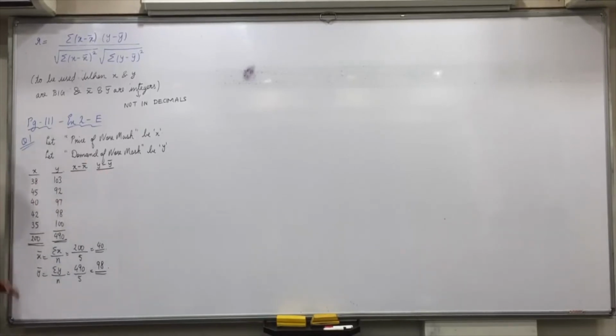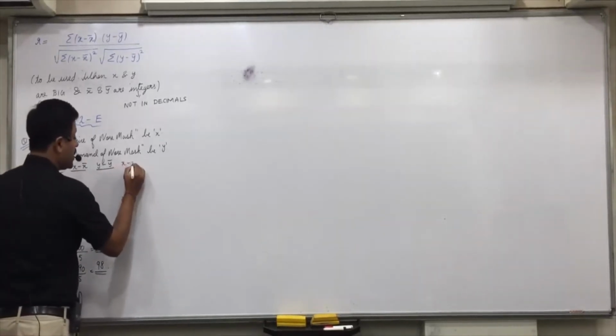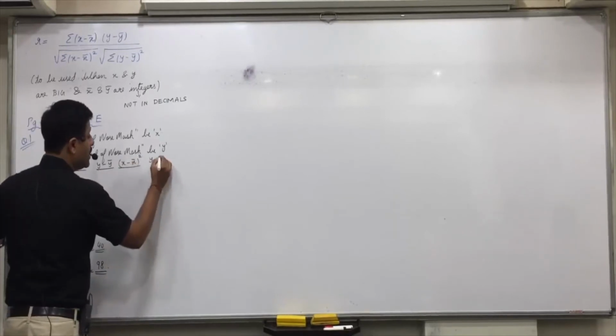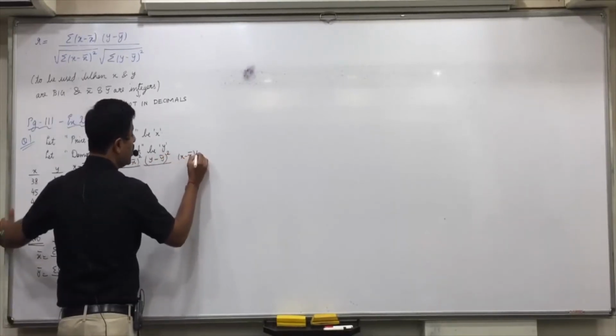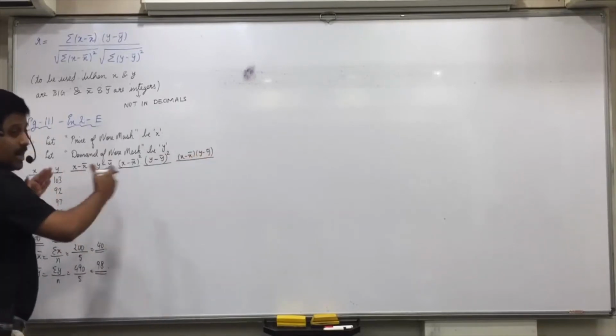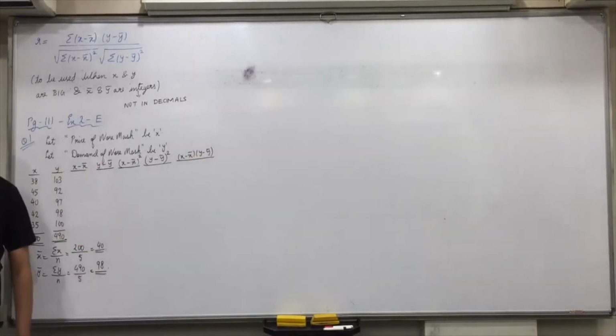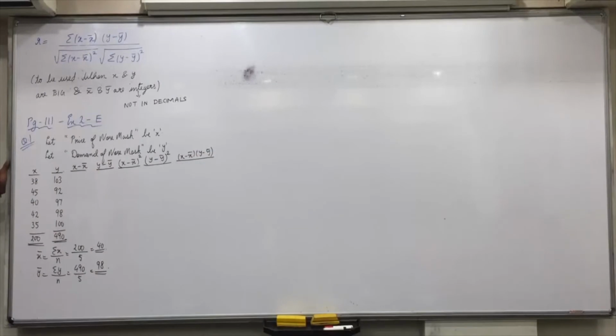Any doubts with this? Other than this, we have to obtain x minus x bar whole square, y minus y bar whole square, and x minus x bar into y minus y bar. Create the space for these workings. So very first we will find x minus x bar and y minus y bar. After that, squares and product. Raise your hand if you are still writing up till here.